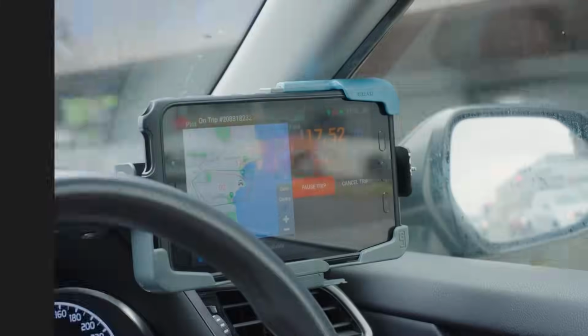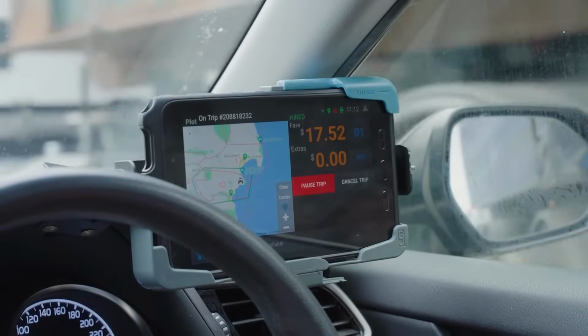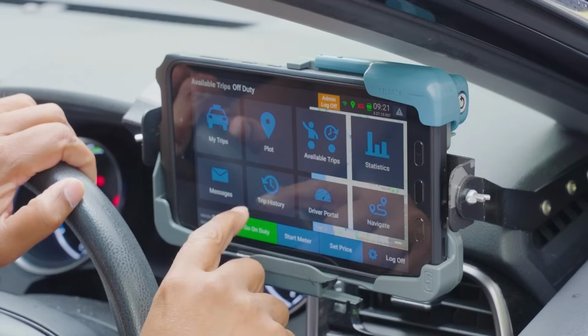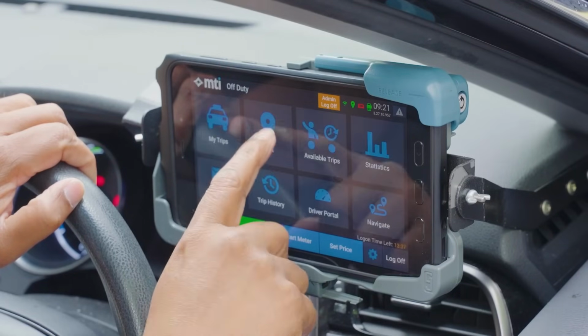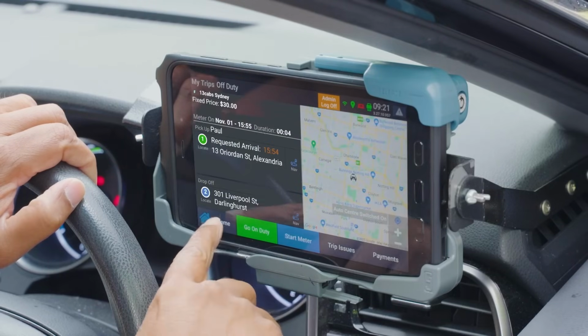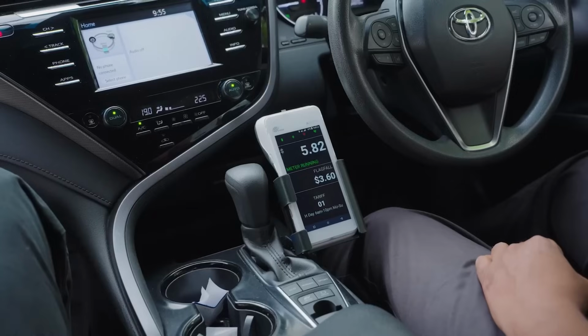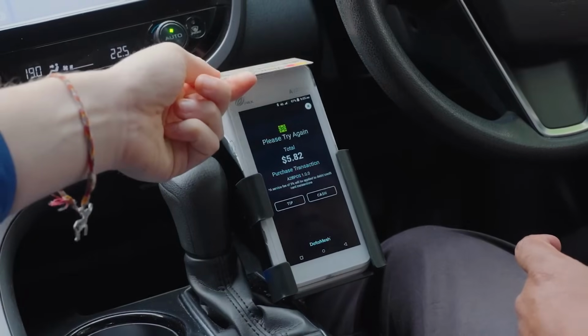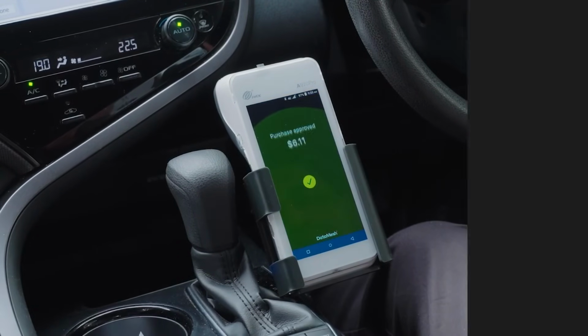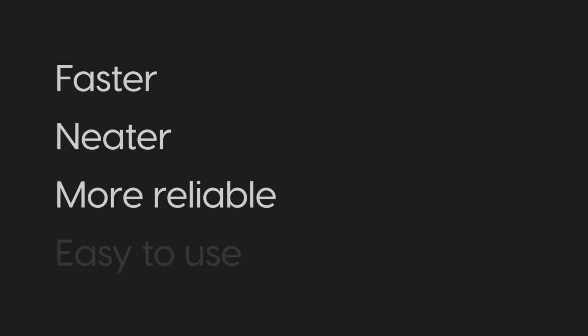With this latest generation of taxi technology, we've cut down the number of devices in your car to 2, the tablet and terminal. As a professional driver, the tablet is your central hub for bookings, navigation, fare metering, trip info, and history. It will be the main device that you interact with. The terminal allows your passengers to see the meter, while also doubling as the payment device. This new technology is faster, neater, more reliable, and as easy to use as your smartphone. The simple installation process requires minimal vehicle modification and reduces your downtime.